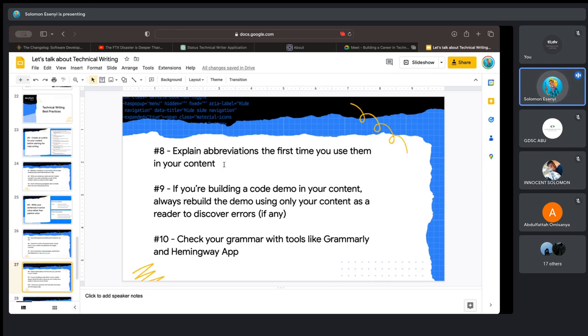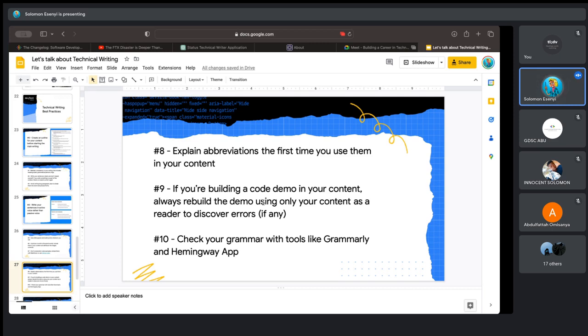Another one is to explain abbreviations the first time you use them in your article. So let's say there's a particular abbreviation for something. Let's say XSS, which means cross-site scripting. Instead of just starting the article and saying XSS and moving on, the first time you use an abbreviation, write out the full meaning of the abbreviation, then put the abbreviation in brackets.